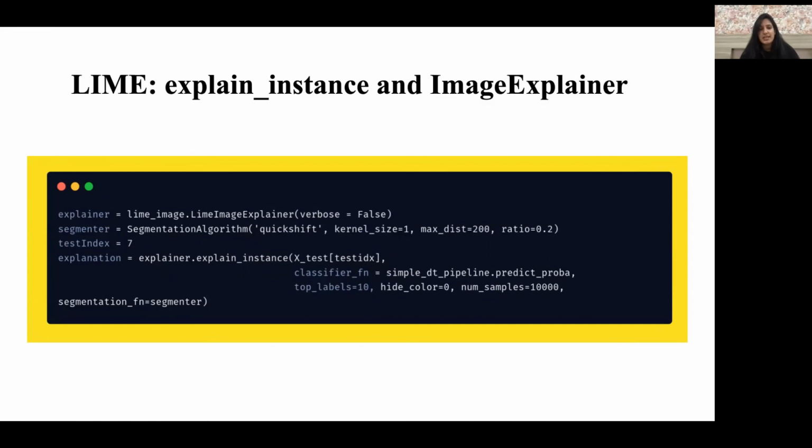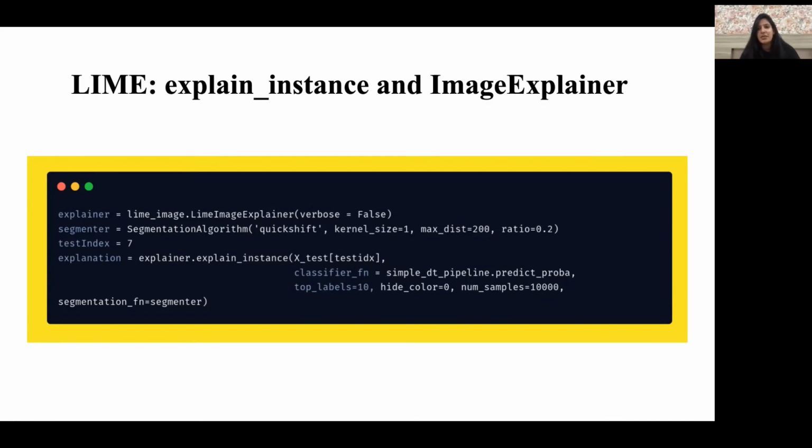So what we use is explain instance. We create our explainer and we call it a LimeImageExplainer. Now, when we are talking about pixels, we want to locate the pixels which are important. So obviously we'll have to segment our image in order to understand what's important and what's not important. So we also have to specify the kind of segmentation algorithm we are going to use. Quick shift is one of the fastest ones, and hence it was chosen. You can also choose your own kernel size. The larger the kernel size, the more time it will take for the model to explain.